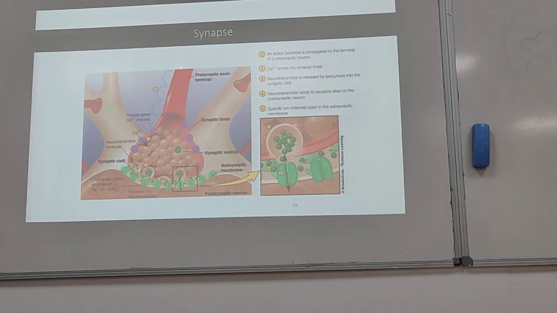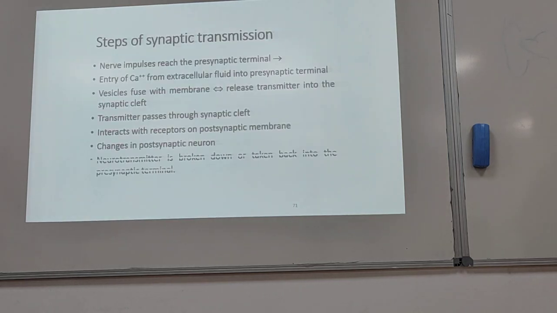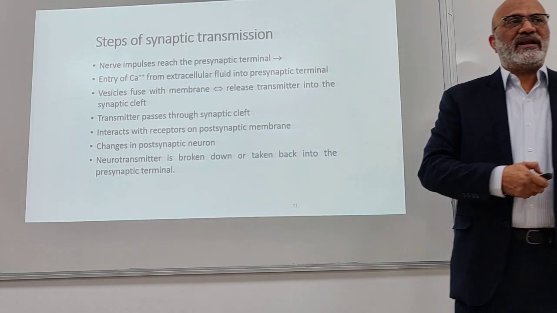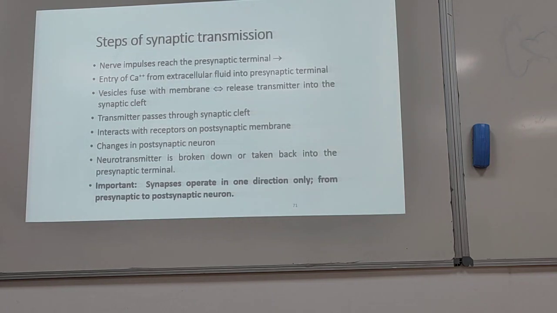A nerve impulse comes in the presynaptic neuron. Calcium enters. Neurotransmitter is released. It binds with the receptor on the postsynaptic neuron. This causes opening of the ion channel, which leads to a change in the membrane potential, that is, a change in the postsynaptic neuron potential. So this was about the general